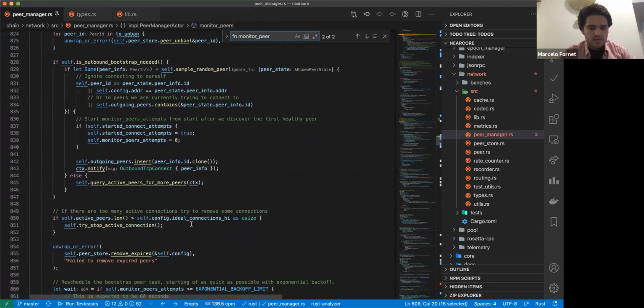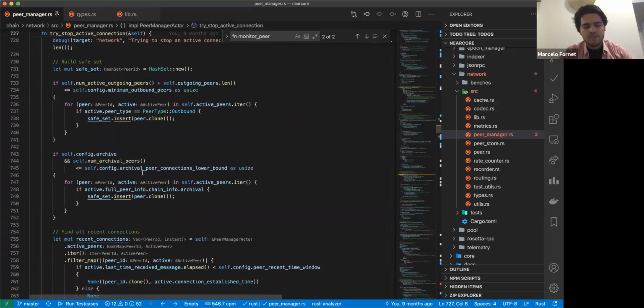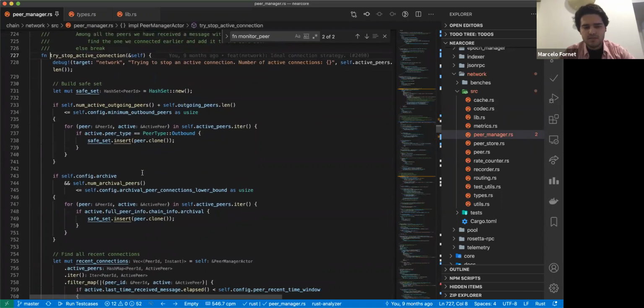Here, regarding the ideal number of connections, if the number of connections is above some level, we try to stop some connections. And here we have a function that implements several heuristics to select which connections are preferred over other connections. Like older nodes, we try to keep connections to older nodes, because those are connections that have been more important, in the sense that we know they probably will last longer,